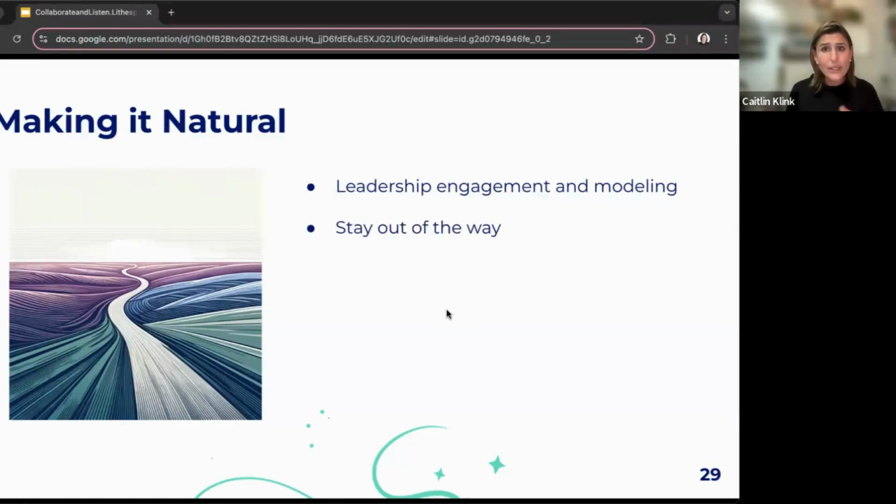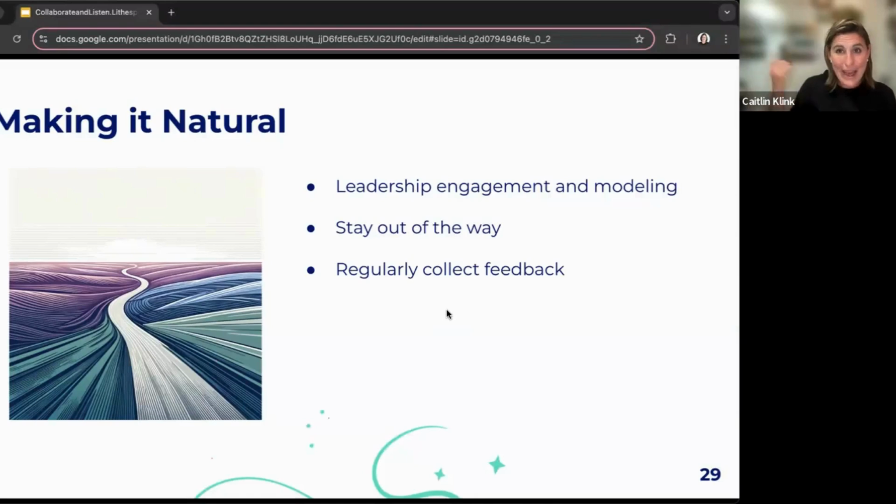Stay out of the way. Don't try to be overly prescriptive and say everybody must do it this way. Flexibility is the name of the game here, right? So get out of the way and let this thing grow as organically as it can. It's going to look really different at lots of different organizations, and there are a lot of different places to start and a lot of different places you can go with it.